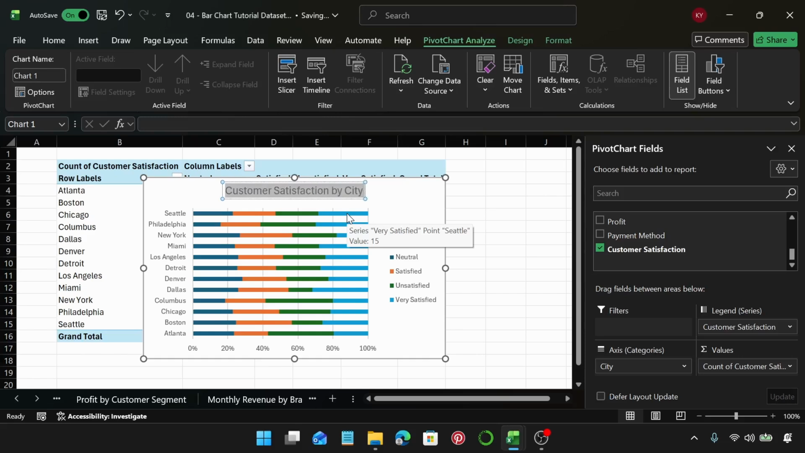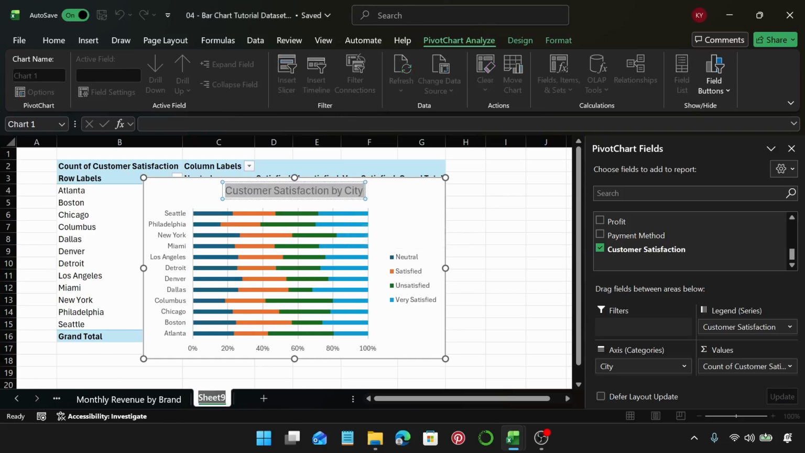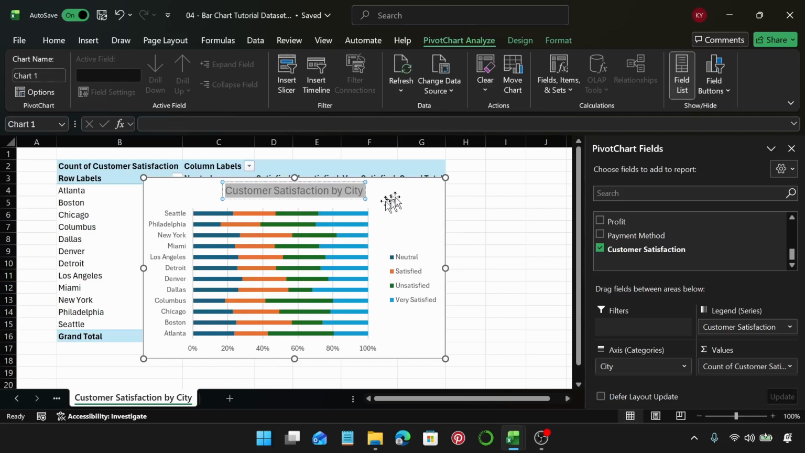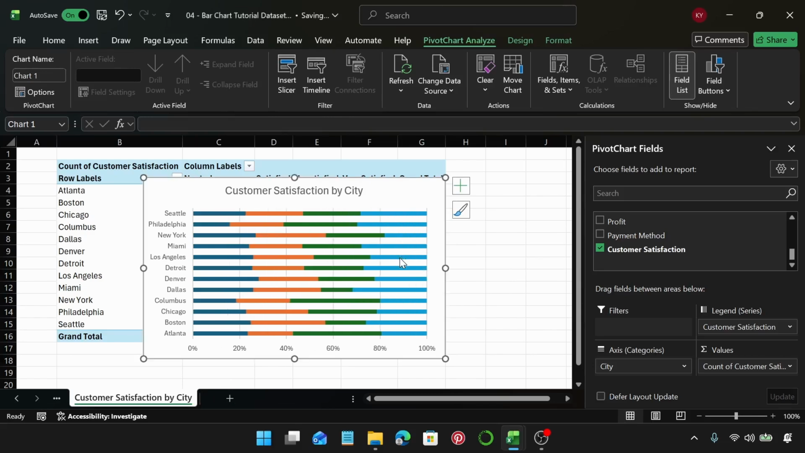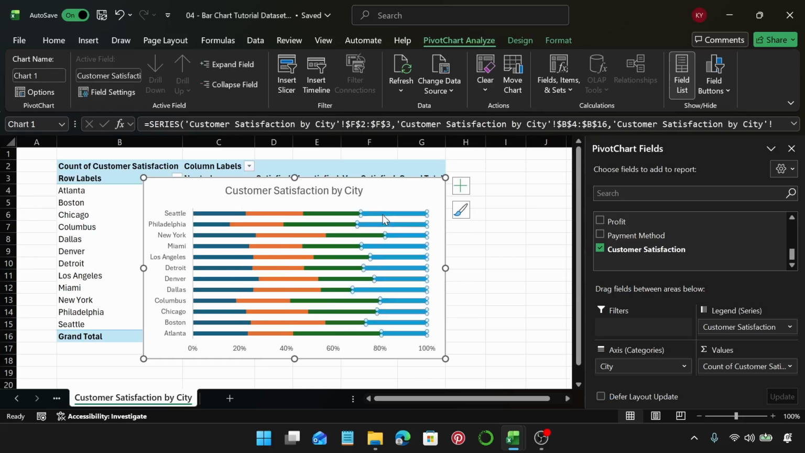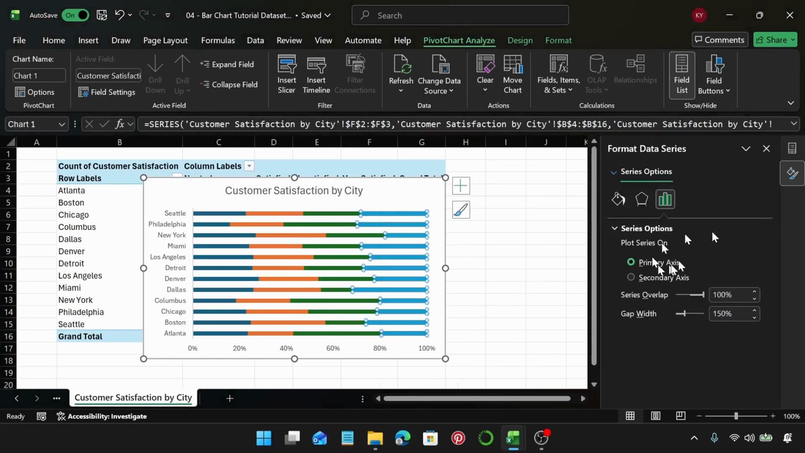I'm going to select that and copy. I want to rename this sheet. Okay. Next up, I'm going to select this legend and delete it. I'm going to select these grid lines, delete it. Also, select this series, right click, format data series, and under the series options, I want to make the gap